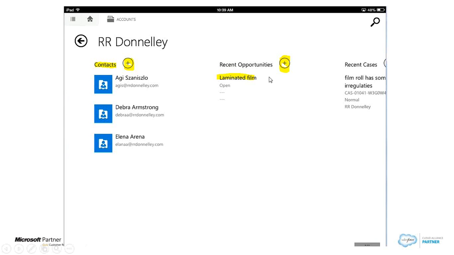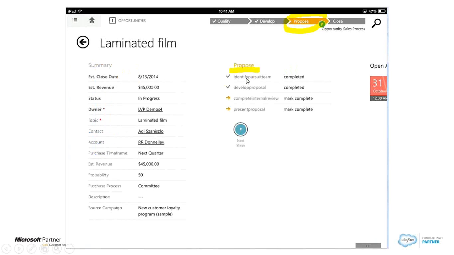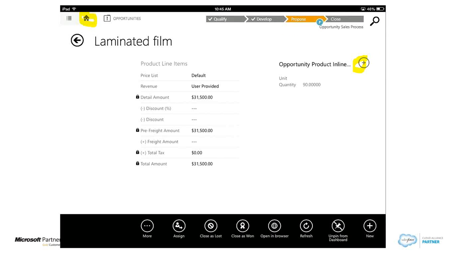We're going to go ahead and take a look at the laminated film opportunity here on the mobile device. I'm able to edit the information directly. I can also update my steps in my sales process and move the opportunity to the next sales stage. There may be times when I need to add additional products to this opportunity, or maybe I want to close